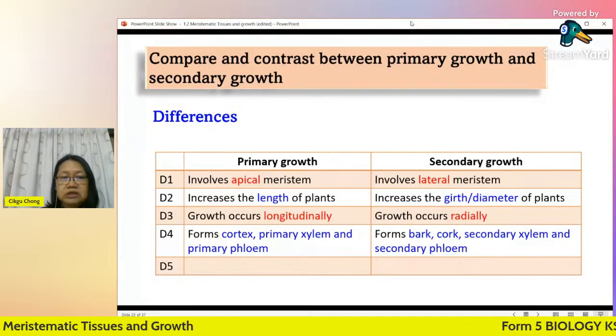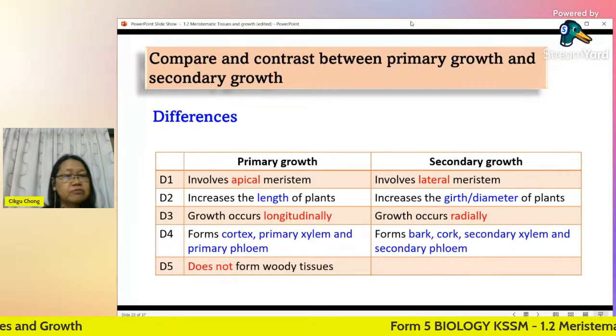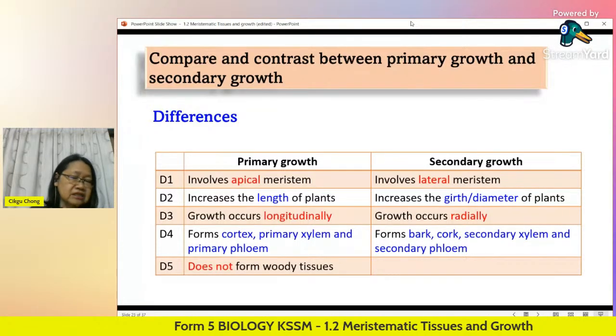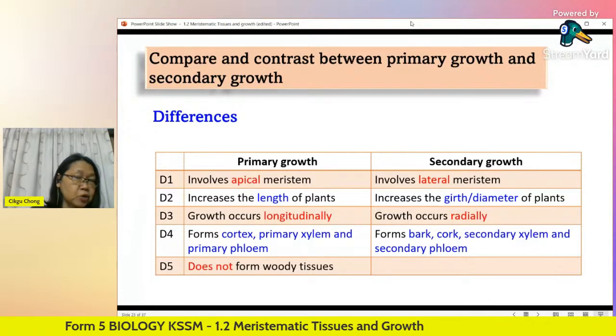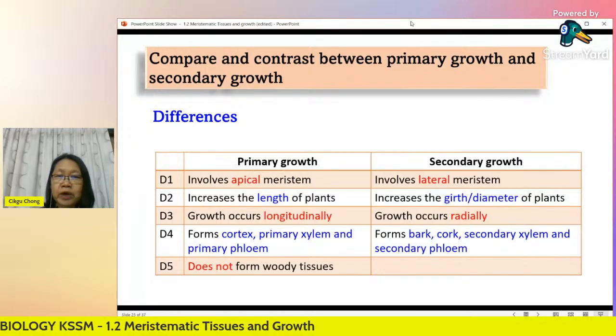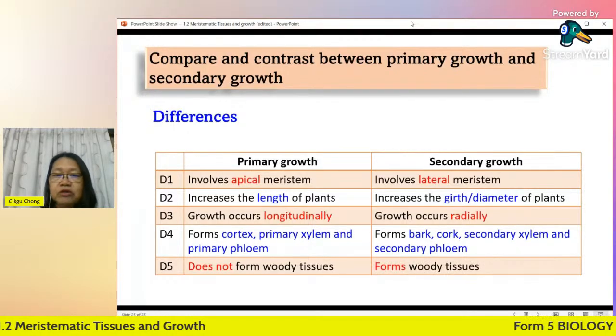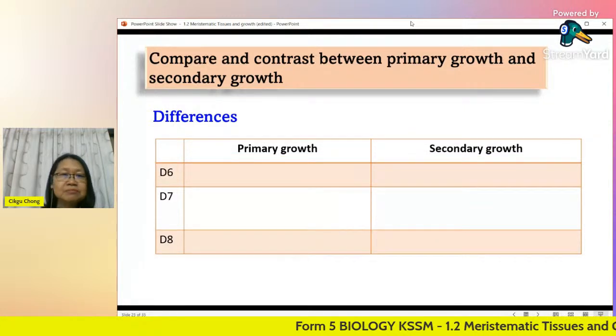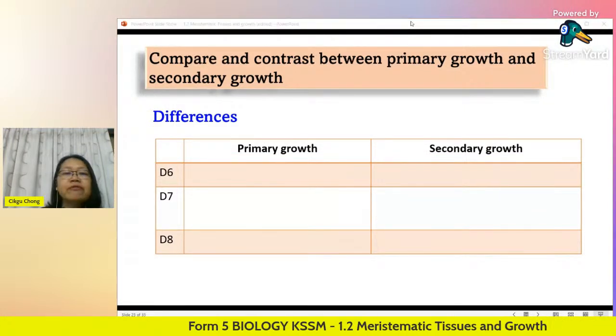Modify. Primary growth does not form woody tissue, so you will see that it's herbaceous. Definitely it doesn't undergo secondary growth, it's only undergoing primary growth. Whereas secondary growth will form living tissue. Okay, next, number 6. Primary growth